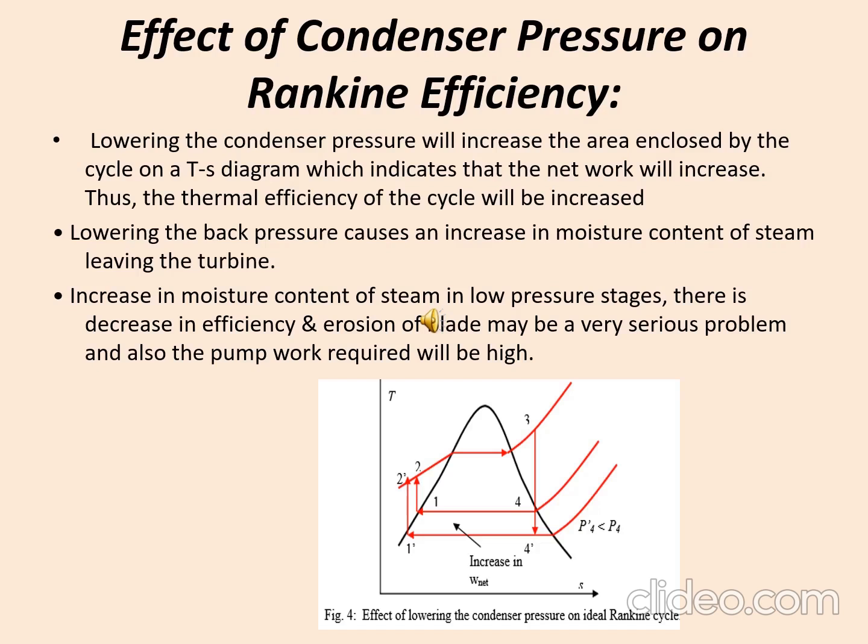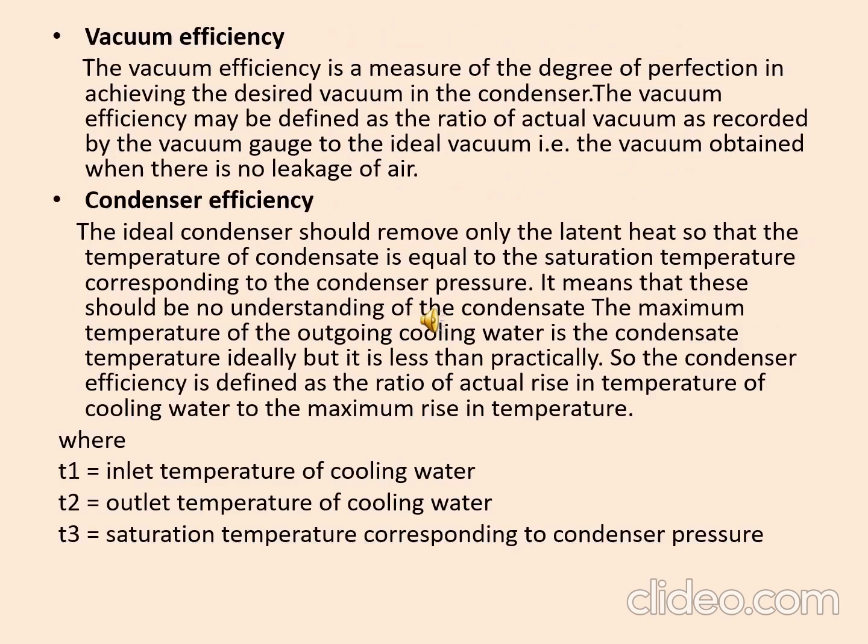First we will consider the merits. We know that in a surface condenser no mixing of cooling water occurs, so the condensate can be used directly in the boiler. Any kind of feed water can be used here, that may be oil, that may be water, like this. It can develop vacuum, therefore it is suitable for large power plants. It requires less power to run the air extraction and water extraction pump, and it has more efficiency.